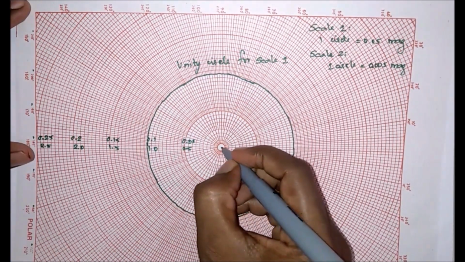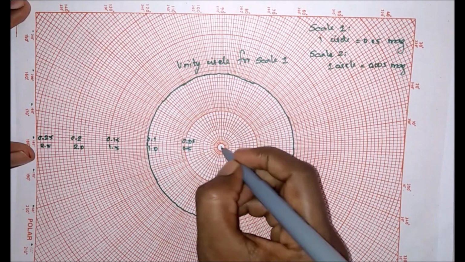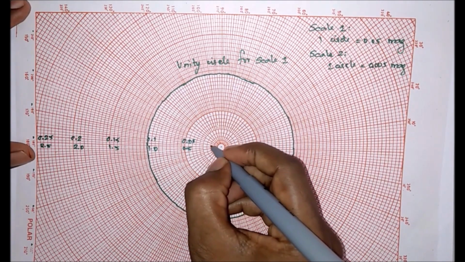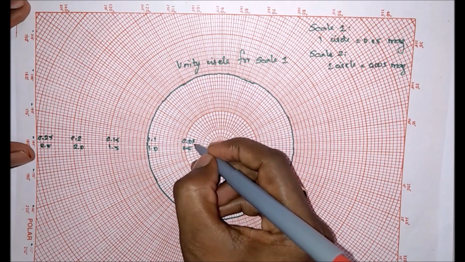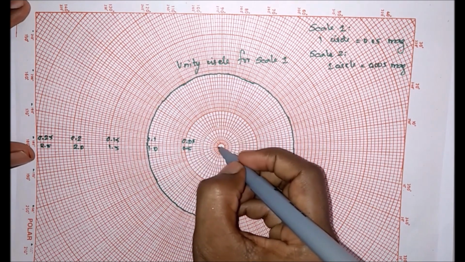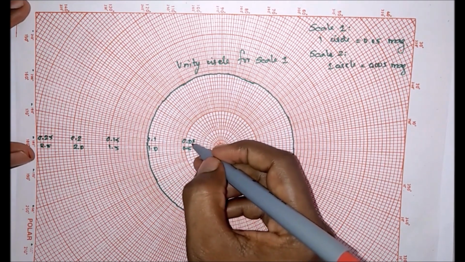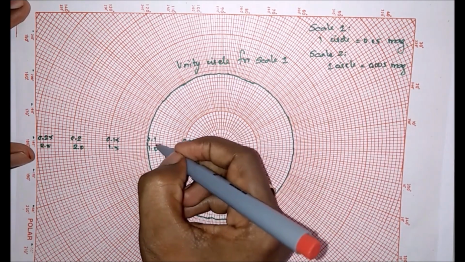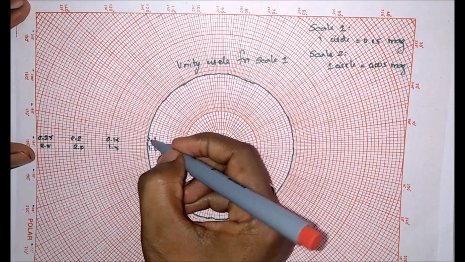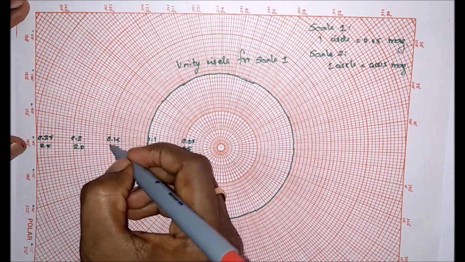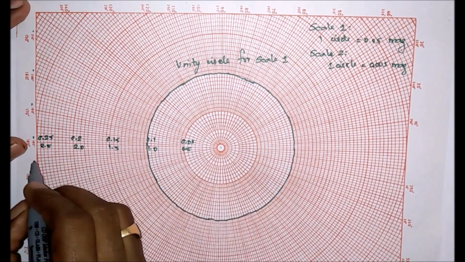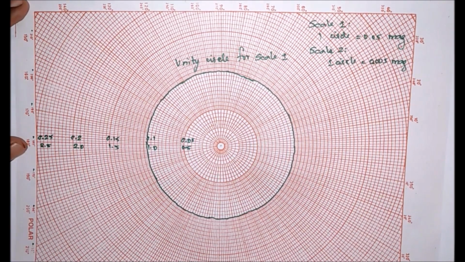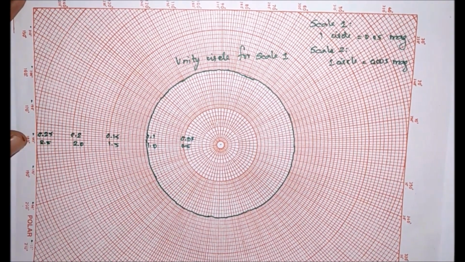So in this, suppose we take this as the center, this is the first circle, second circle, third, fourth, fifth, sixth, 7, 8, 9, 10. So there are 10 inner circles followed by one dark circle. Next one, 10 light circles, one dark circle. Then similarly there are 5 dark circles, then 50 light circles.